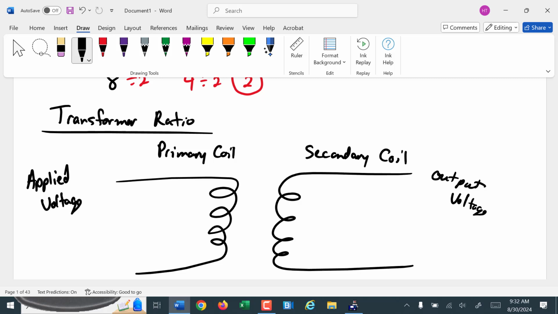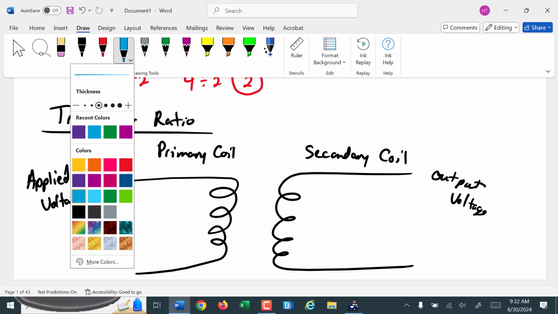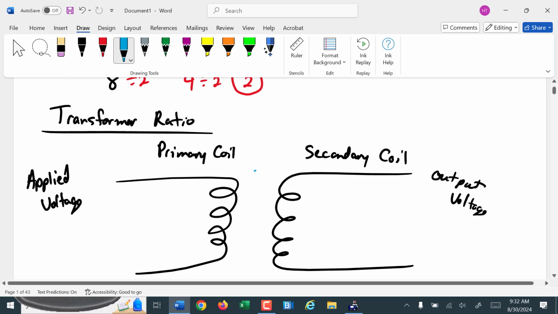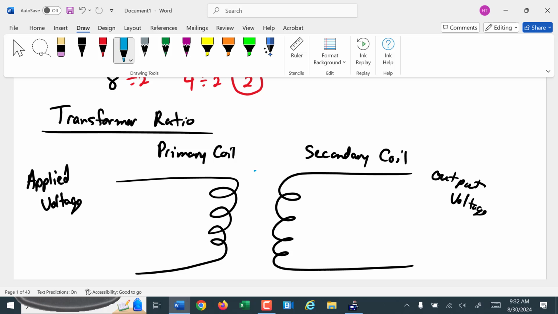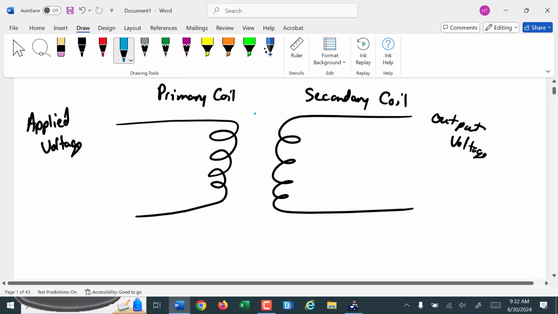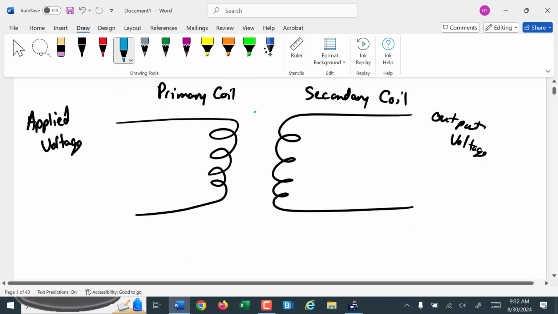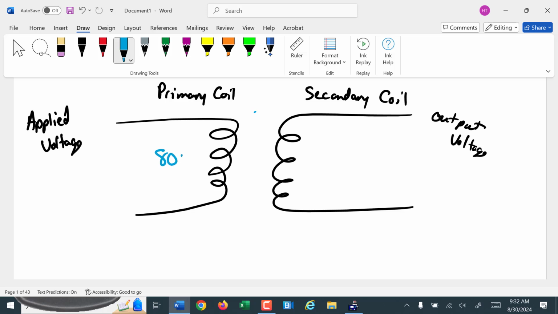And of course, your secondary coil is where you're going to have an output voltage and current. There's also a core in most transformers. There can either be a shared core or whatever. The efficiency depends on the material in the core, but we're going to be concerned with just the